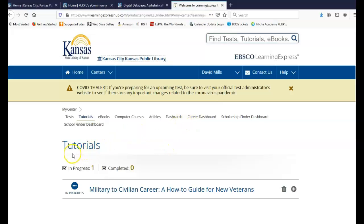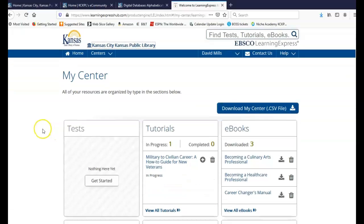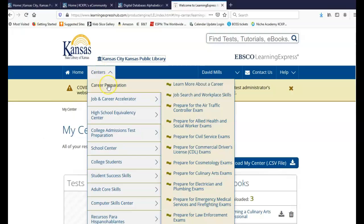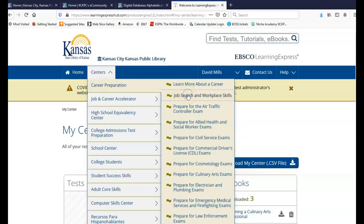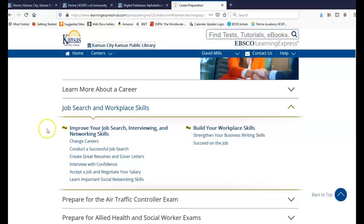That returns me to the tutorials page, but I'm going to go ahead and click on My Center again. And then actually, I'm going to go back up here, click on Career and Preparation, and go back to Job Search and Workplace Skills, and we'll take a look at another link here. Probably one of the more important ones to consider is Create Great Resumes and Cover Letters. And when you click on that,